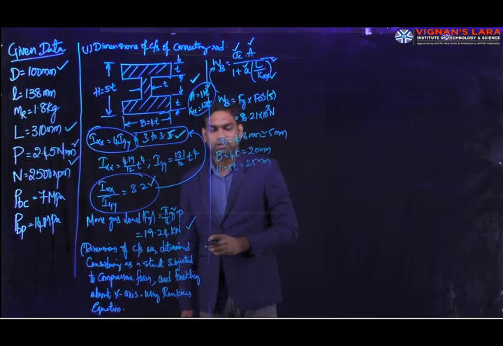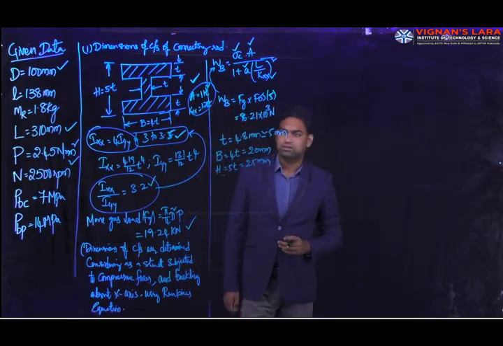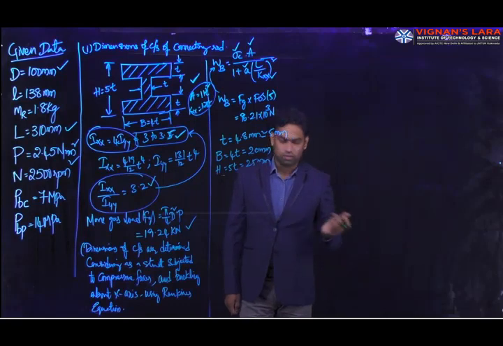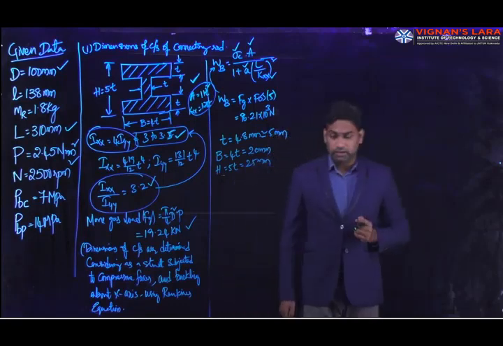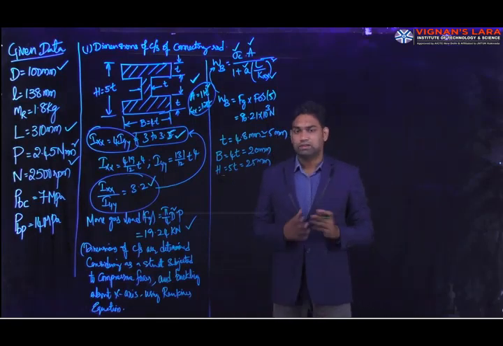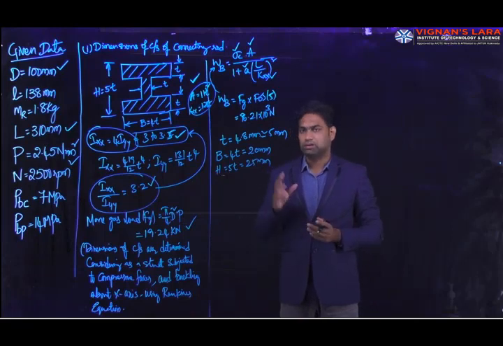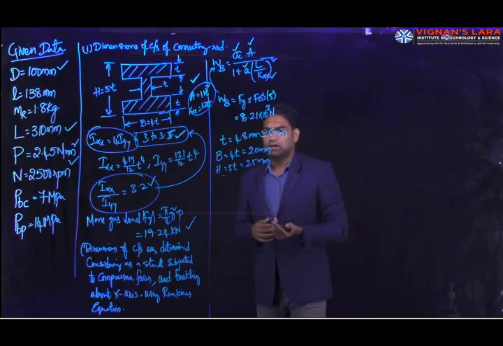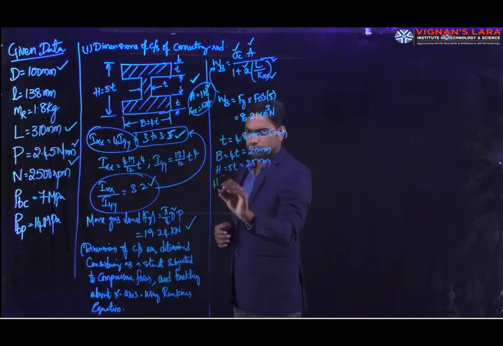Apart from the width and height of the cross section, we know that the width of the connecting rod is uniform throughout the length, but the height varies with respect to length. It has the greater height at the crank pin compared to the height at the piston pin. So I need to calculate the heights, which I can denote with h1 and h2.